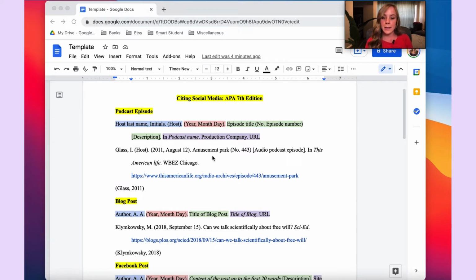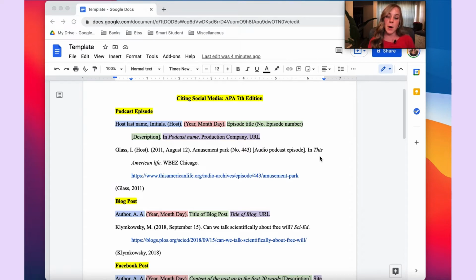So down here in the example, the episode title is Amusement Park, the number is 443, and then the description is stating that this is an audio podcast episode. Then for the source information, you have the name of the podcast, the production company, and the URL. So this is where I want to point out that the source information is what's italicized in the reference list entry.